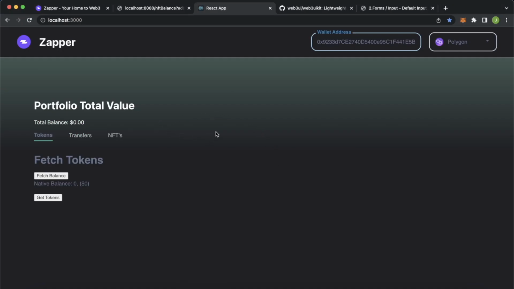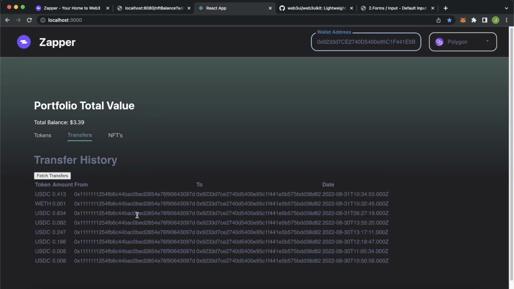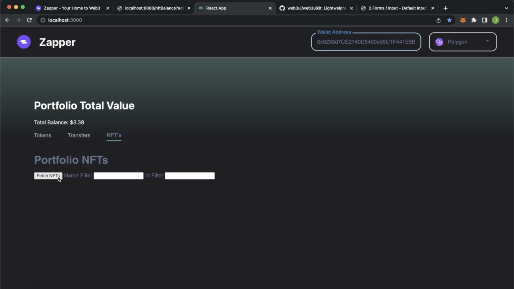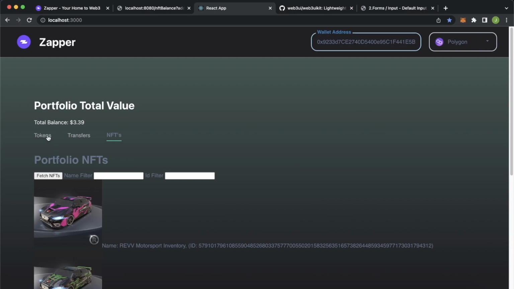Well, would you look at that? How cool does that look? Now we have our portfolio total value over here, but we have our different tabs. So we have our transfers, NFTs, tokens. How cool is that? And it actually works right now. So if you fetch the balance, you get the balance, getting the tokens, gets the tokens, same for transfers, fetching transfers. You get all the details, same for NFTs, fetching the NFTs. It all works right now,